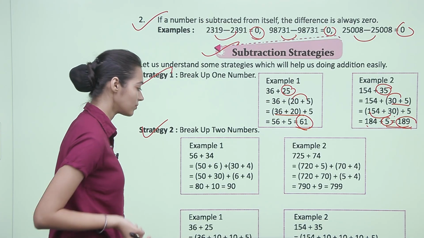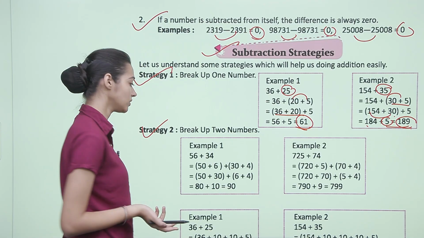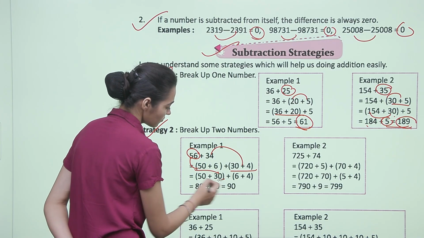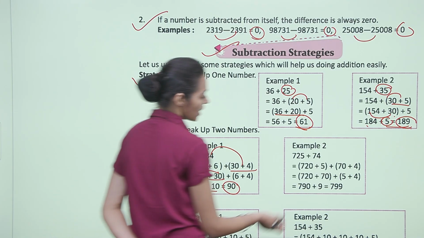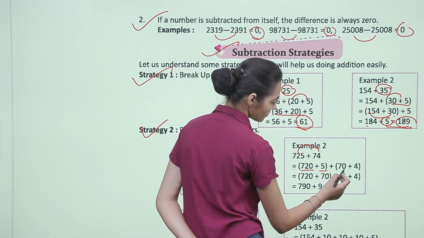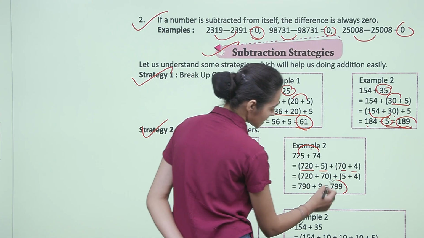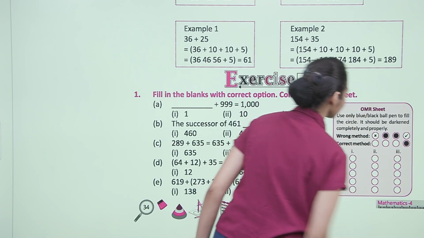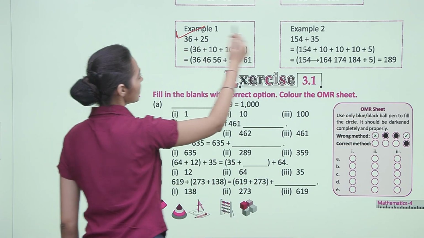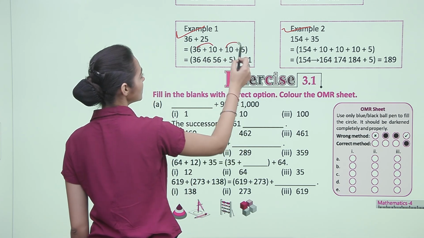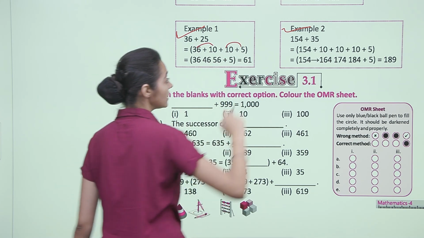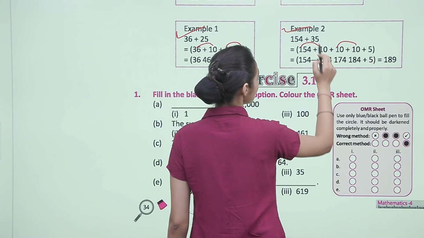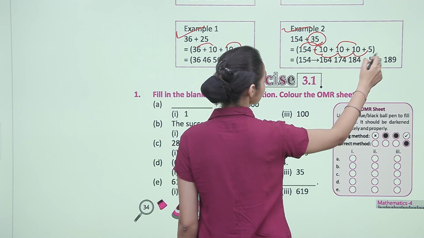Second is breaking up two numbers. That is, we can break up both the numbers: 56 can be written as 50 plus 6, and 34 can be written as 30 plus 4. Now 50 plus 30 is 80, plus 10, that is 90. Again here it can be written as 720 plus 5 and 70 plus 4, then the answer is 799. Similarly, in examples 1 and 2, again we have split both the numbers. Here again we have broken both the numbers. Here in our three terms, 35 can be written as 10 plus 10 plus 10 plus 5,